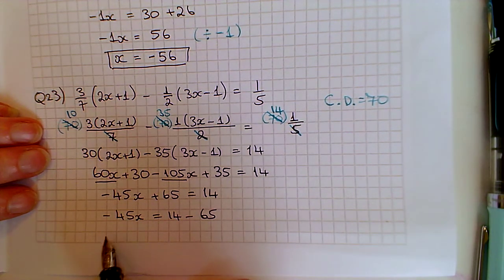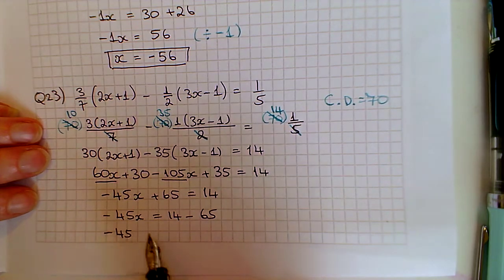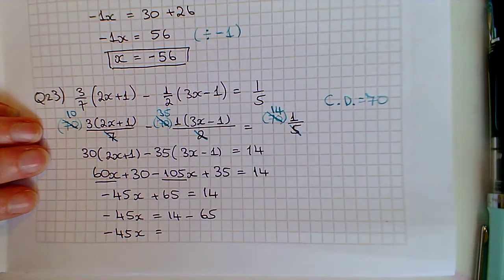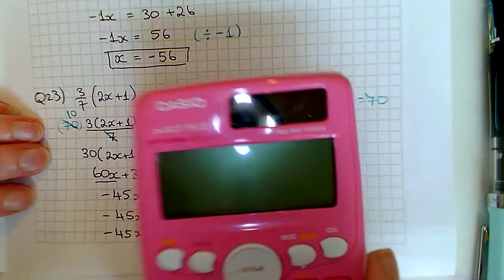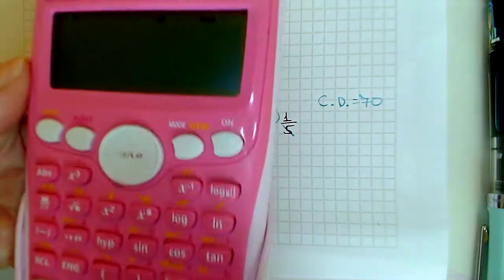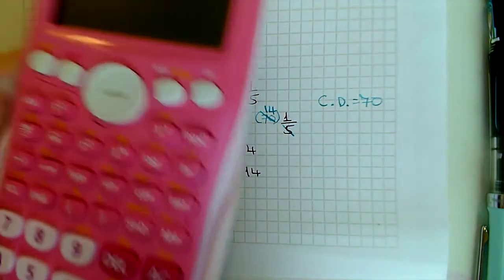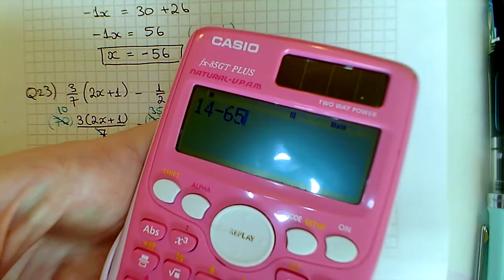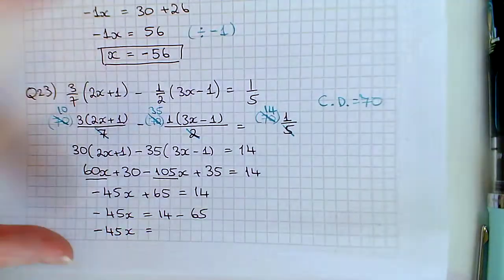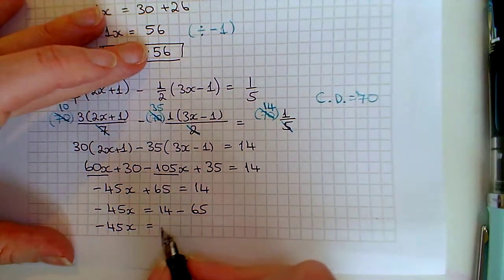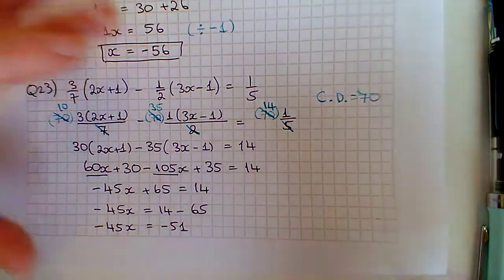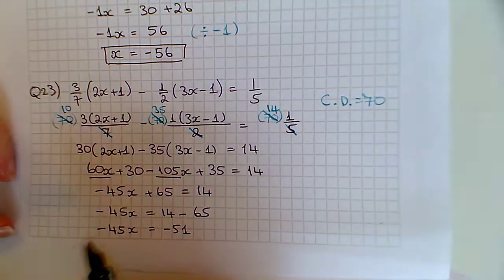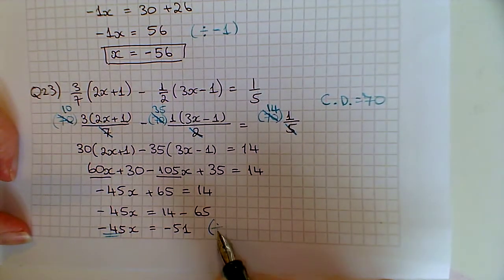So that means I have minus 45x equal to, do you know, sometimes with some numbers I just need to check it in the calculator, 14 minus 65, because I'm likely to make a mistake when I do it in my head when they're numbers like this. So minus 51. And then I divide across by the number in front of x. I divide across by negative 45,